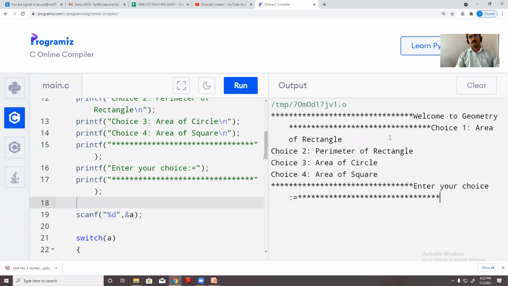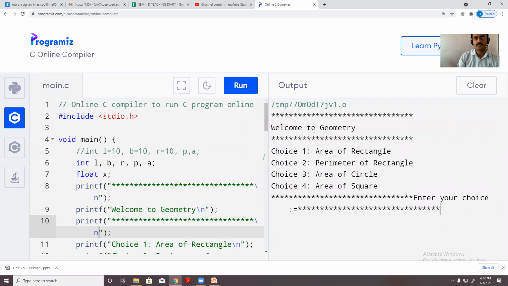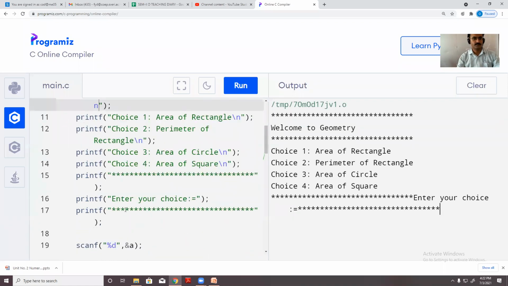Okay, now check. Okay, I forgot to add \n. See, welcome to geometry, choice 1. Okay, enter your choice. Here also I need to provide \n.